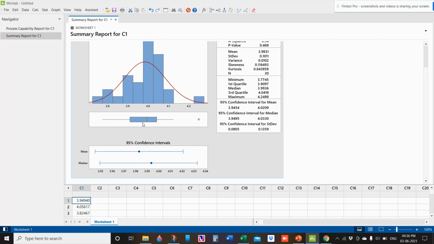So this is a box plot. The box indicates the 75 percent of the quartile, which is near the middle one.